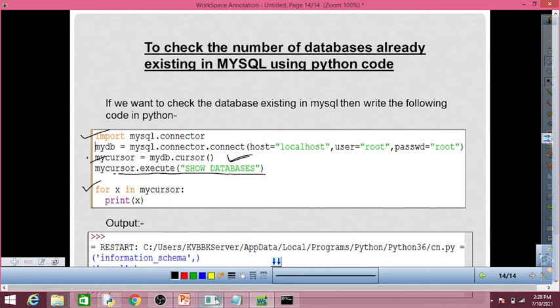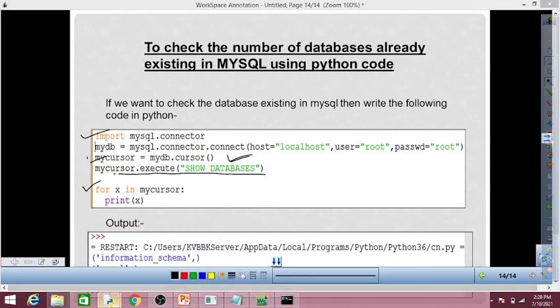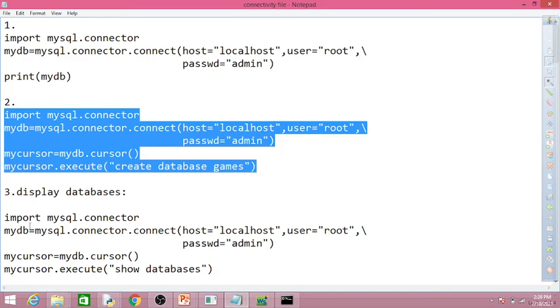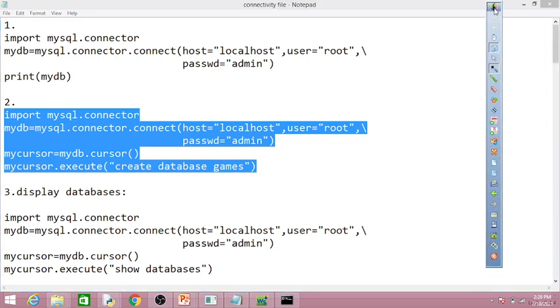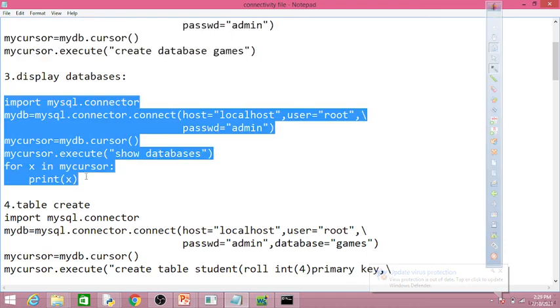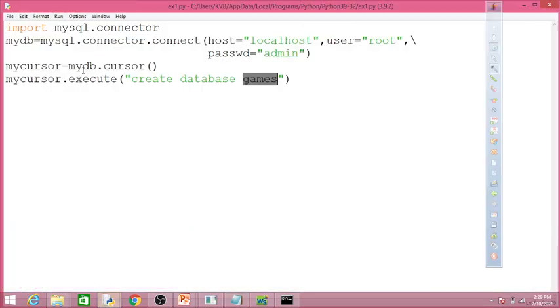So you can check it in Python. Here I am copying this code. I am copying this code and pasting it here in a new file.